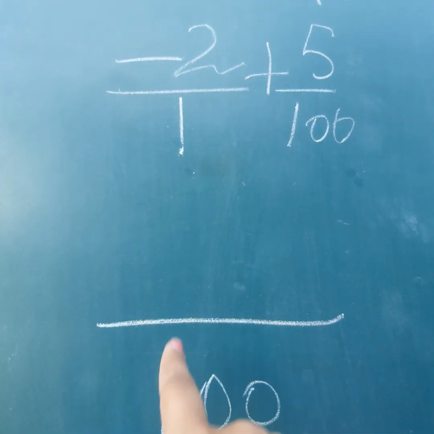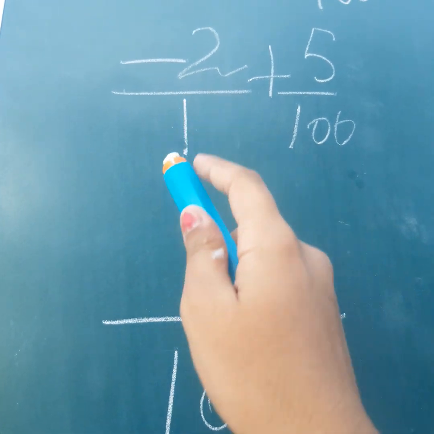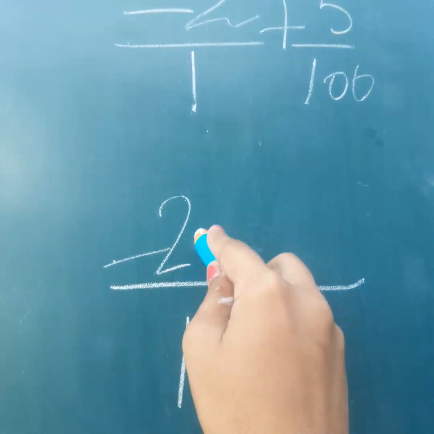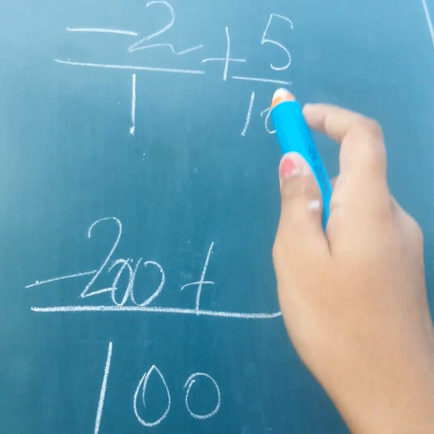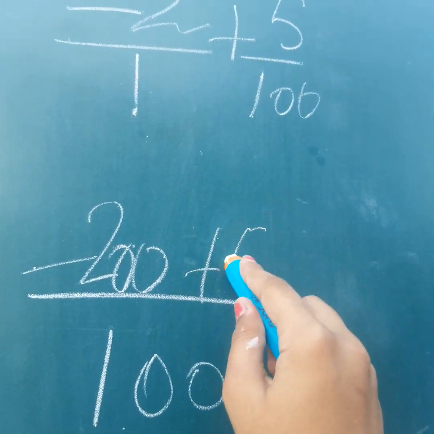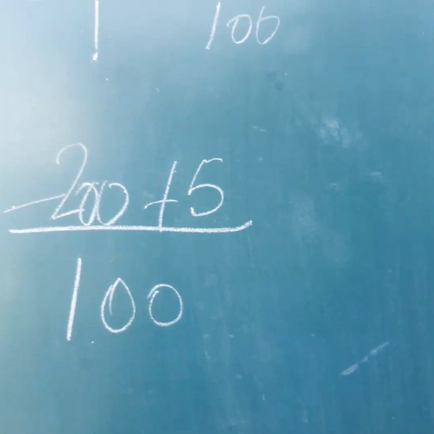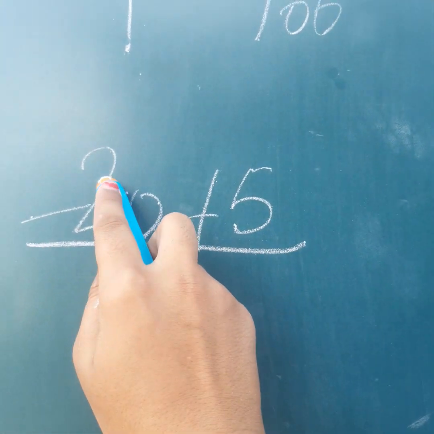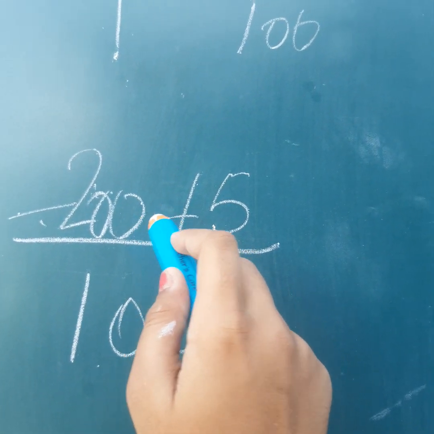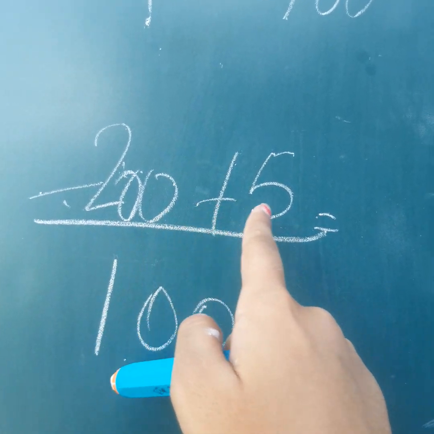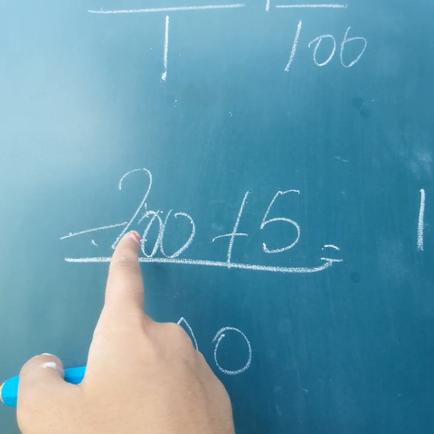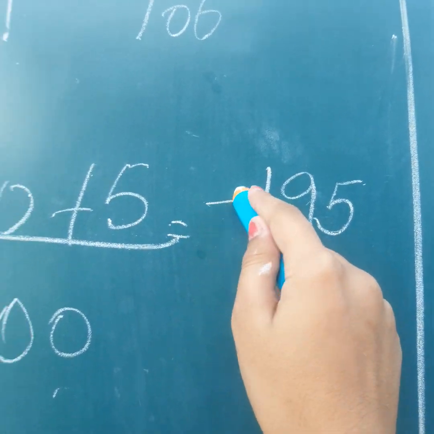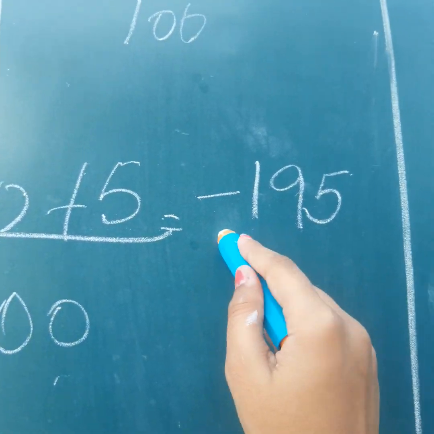So we divide 100 by 1, that is 100. 100 multiplied by minus 2 is equal to minus 200, and 100 divided by 100 is 1. 1 multiplied by 5 is equal to 5. So what will be the answer? 200 minus 5, that is 195. But the biggest term has the sign of negative, so we should place it as negative, over 100.